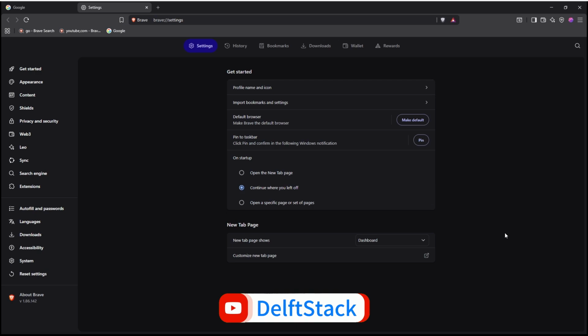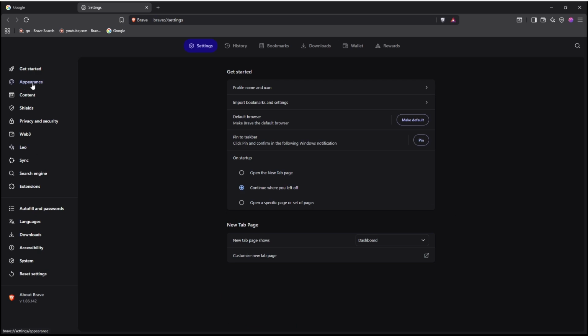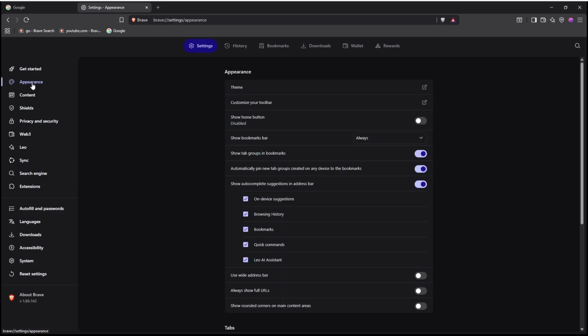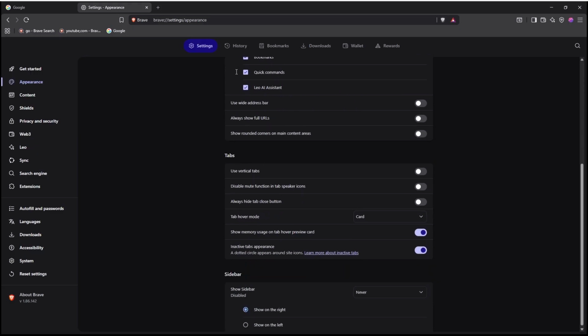Now, over here on the settings, you could just simply go for the left side over here, and then go ahead and go for the appearance. Here on the appearance, you will have multiple categories. You will have appearance and tabs. So from here, as you can see, we will have an option to use vertical tabs and select turned on